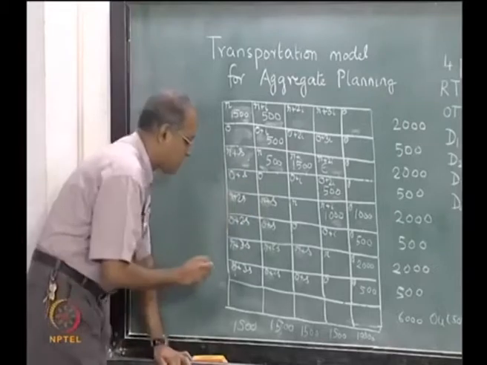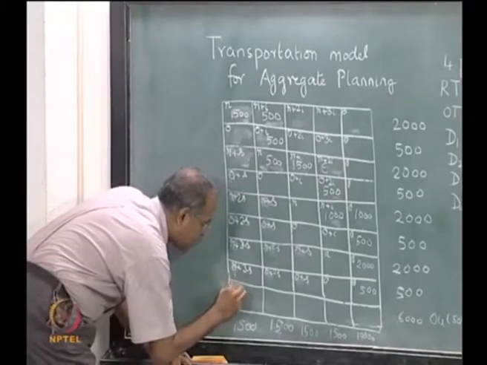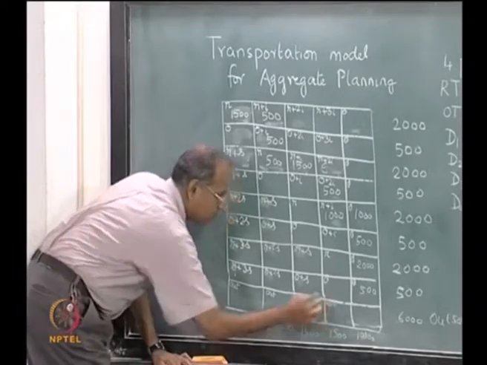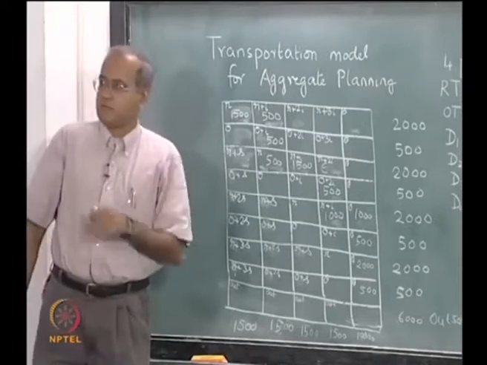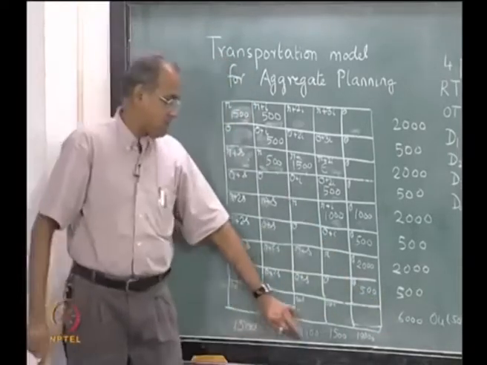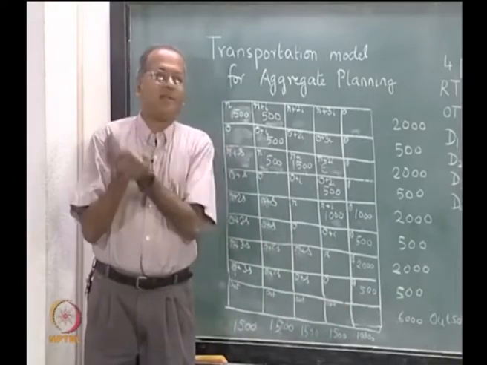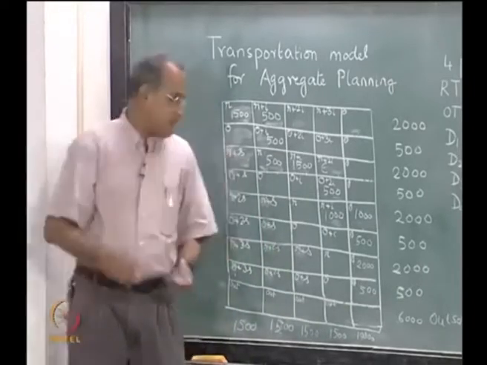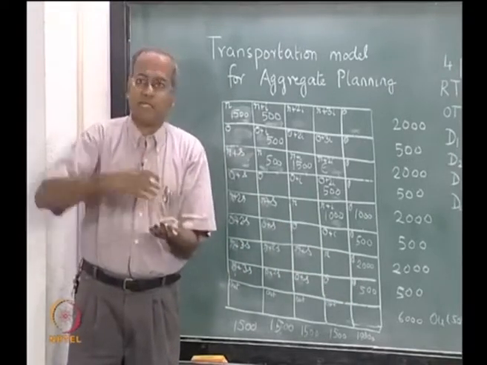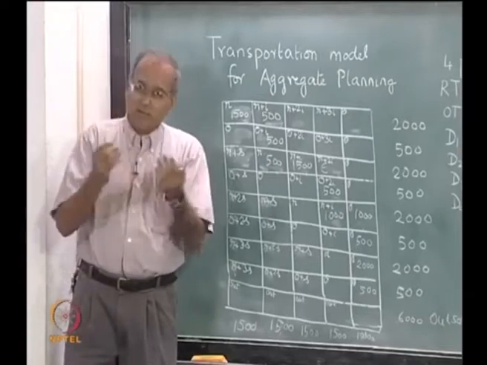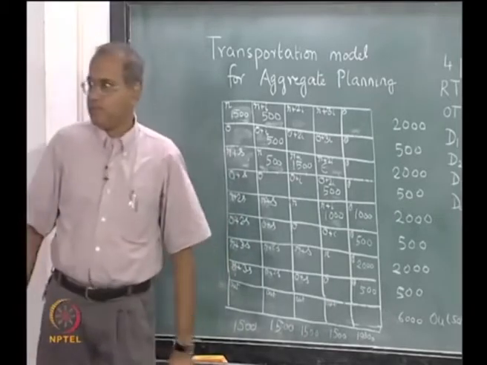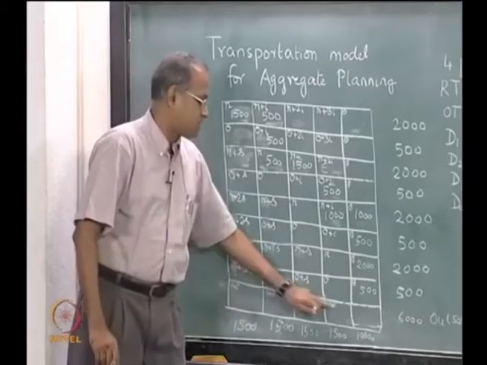Now, the costs of outsourcing, let me simply call it OUT, OUT, OUT, OUT. So, there is a cost of outsourcing. If I want to outsource and buy something from the market to meet each month's demand, then I go and buy only in that month. So, I am not going to say plus I and so on. Every month, if there is a shortfall, if there is a way by which I can go and buy it from outside, I will assume that this is available all the time, and therefore I will buy only when it is required. So, I have outsourcing as a cost that comes.